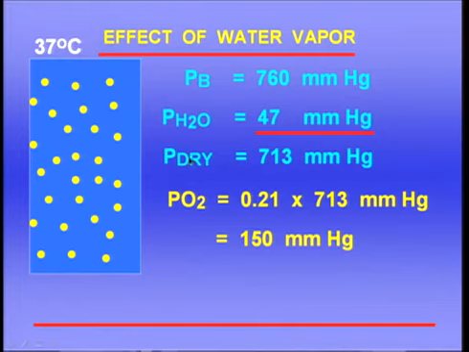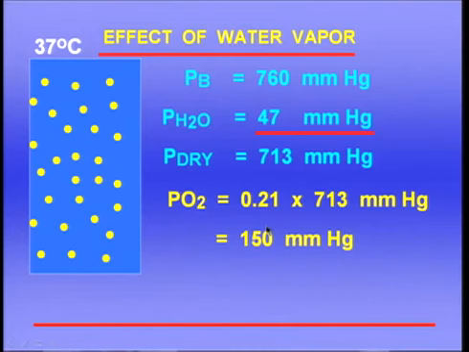That gives us the pressure of the dry gas of 713, and therefore the partial pressure of oxygen is 0.21 times 713, which comes out to 150 millimeters of mercury. So that's the partial pressure that we're actually dealing with. The organism, if you like, is exposed to a partial pressure of 150 millimeters of mercury in the moist inspired